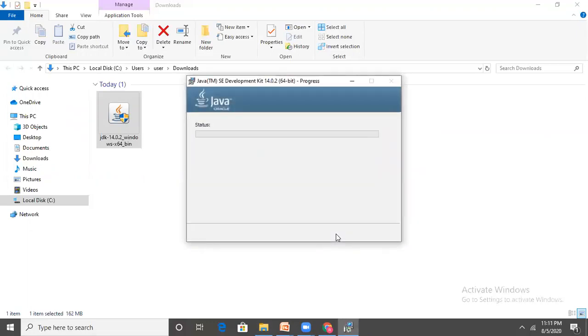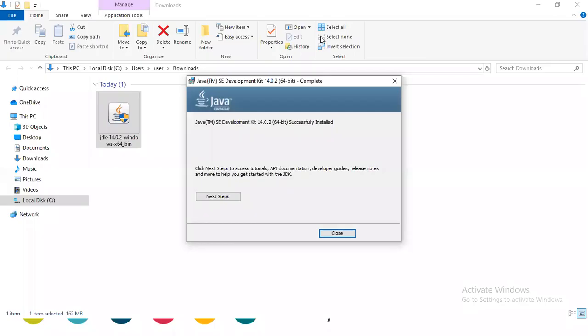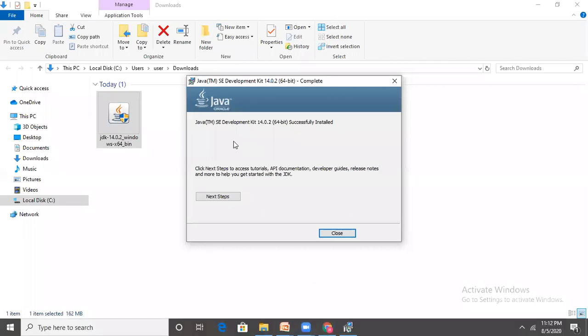Click on next and it will start installing the JDK on our machine. It will take some time depending upon the configuration of our machine. So in this way, the Java Development Kit is successfully installed on our machine. It will ask you to click the next step for further information about Java. Simply close this wizard.